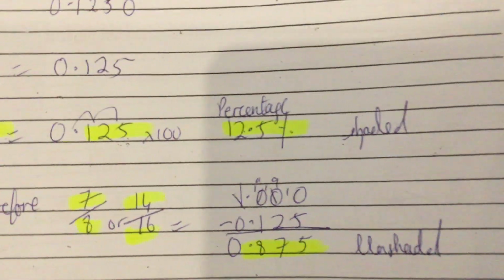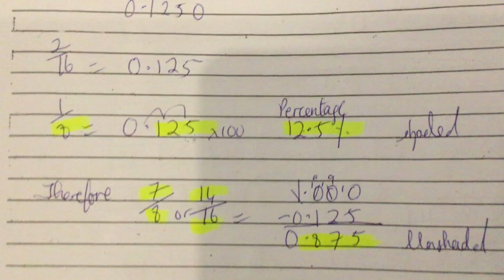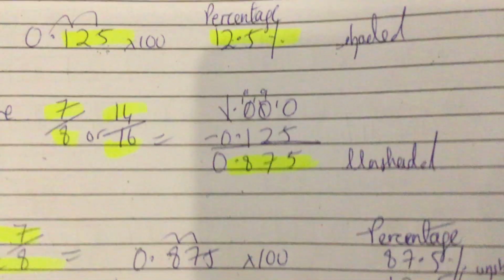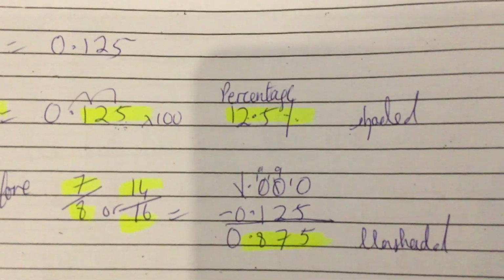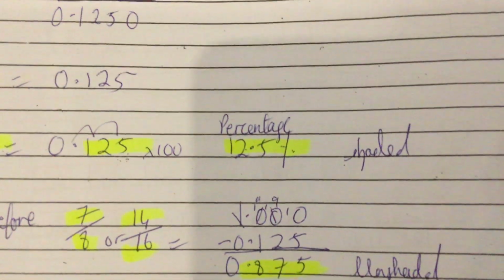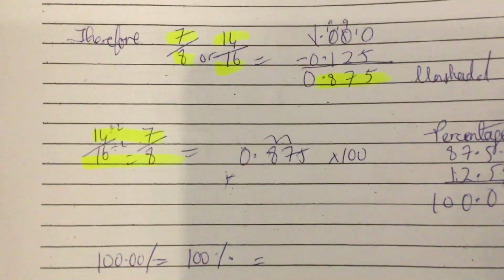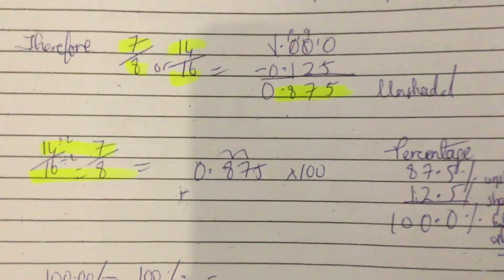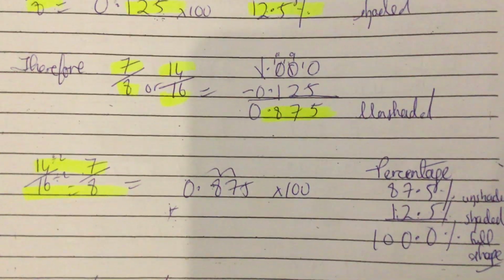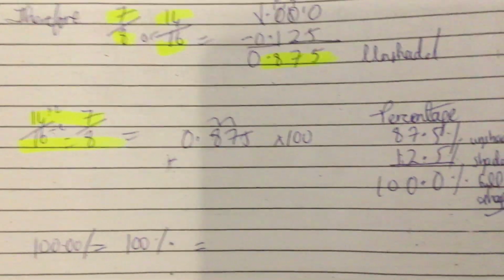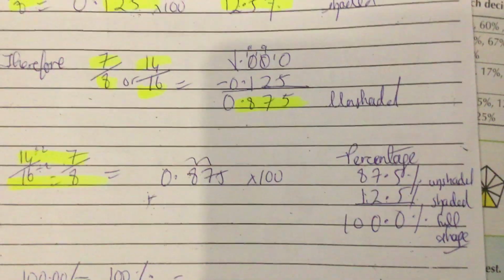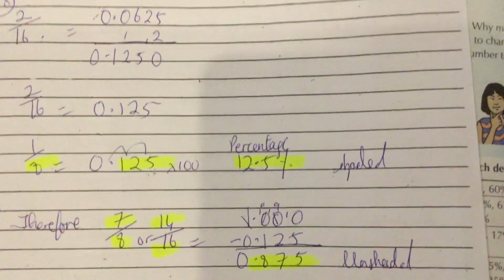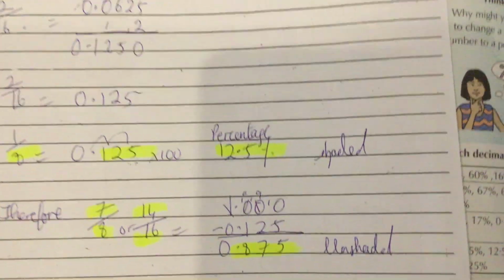So 12.5% is shaded, because you multiply by 100. And if 12.5% is shaded, you take that away from 100% to get its percentage, the remainder. So that would mean that 14/16 or 7/8, the equivalent, would be 0.875, as a number, and then you convert it to a percentage. Now you can also take 12.5 away from 100.0 to get the percentage that's left over, which would be